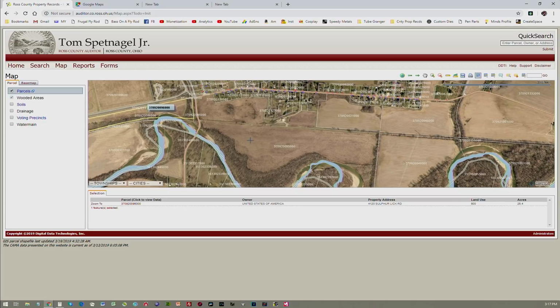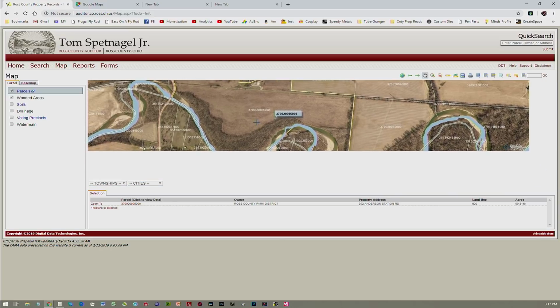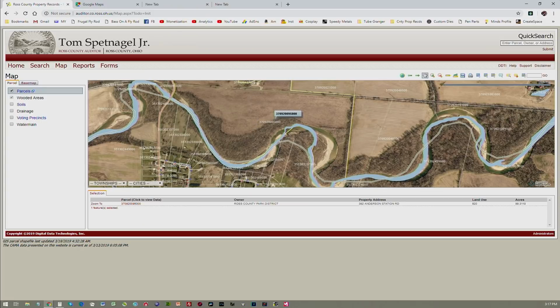But we're going to go ahead and select this property again because I can show you something here that's the reason why it's safe to fish this whole section. I'll select my glove because I need to pan it up onto the creek. Okay, so there's the creek, and you can see the yellow line just following along the creek here in areas. All right, that property right there is owned by the Ross County Parks District. So that means that when you park at this public access point up here, you can go down to the water and you can wade all of this through here and all the way to this point here